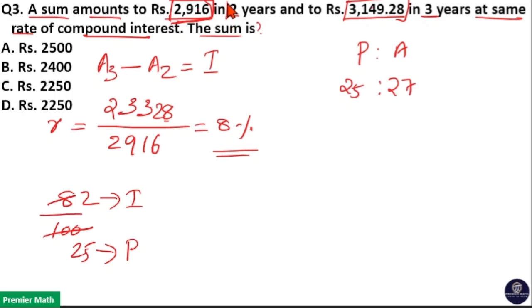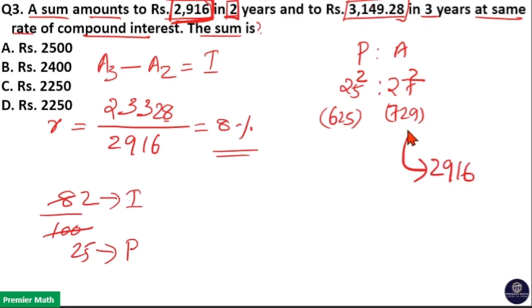Now the number of years here is equal to 2 years. So take the square of 25 and 27. 27 square is 729 and 25 square is 625. Now this 729 parts is equal to the amount at the end of 2 years, because we are doing it for 2 years. Number of years is 2 here. So 2916 is the 729 parts. That means 1 part is equal to